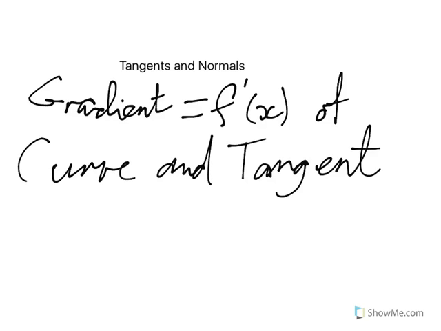Okay, today you are doing tangents and normals, finding the equations of tangents and normals to a curve. So the first thing that you need to be aware of is the gradient of the curve, of course, is f dashed x, but it's not only that, but it's the gradient of the tangent as well. The other thing you need to know is that a normal